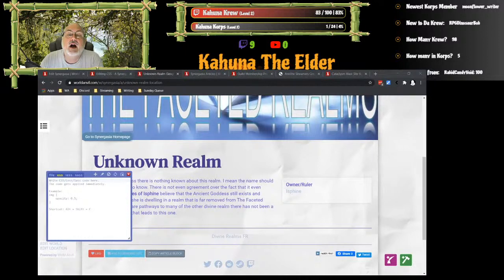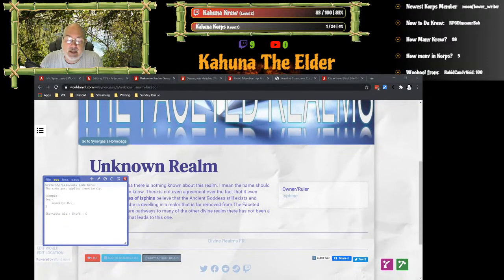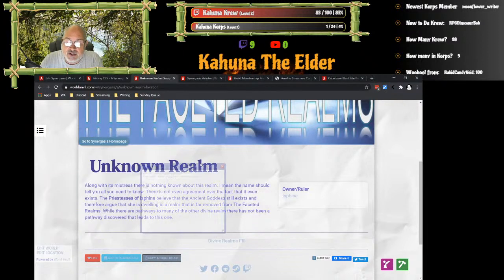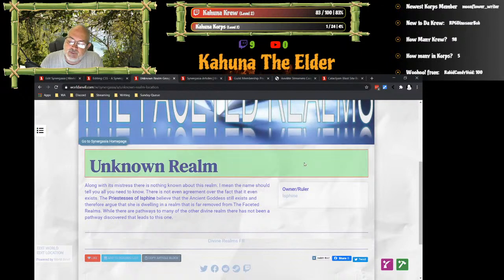Whoops. I just moved the wrong window. It allows you to move the CSS or change the CSS on the fly on that page. So you can test something right now. So for example, let's say I want to change this header font. Well, I can go in and the first thing I click is there's a little box up here with an arrow. And what this does is it allows me to select something on the page like this.